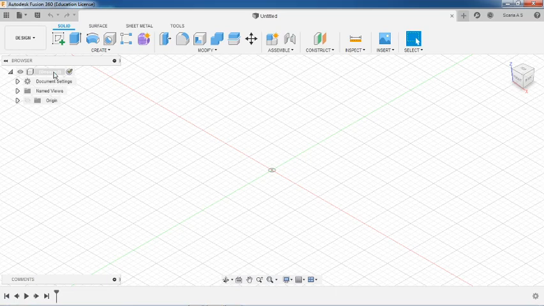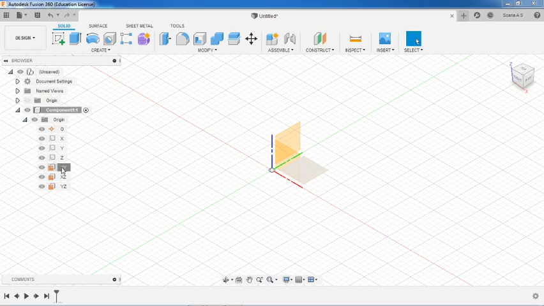So you right click here, create new component, and turn on the origin here. Select the top plane, that is XY plane. You can either select from here or you can go here and select here, that is also possible. Right click, create a sketch,